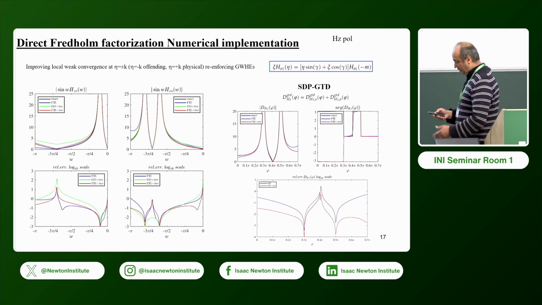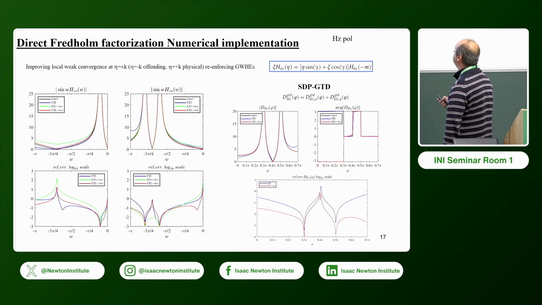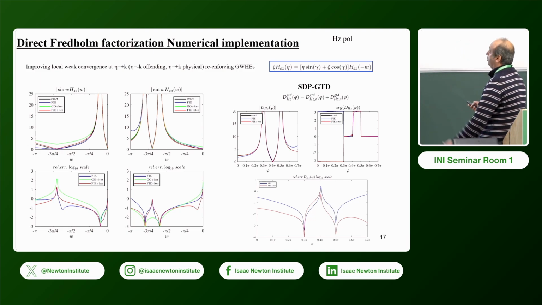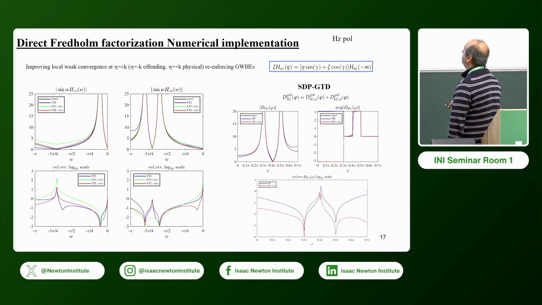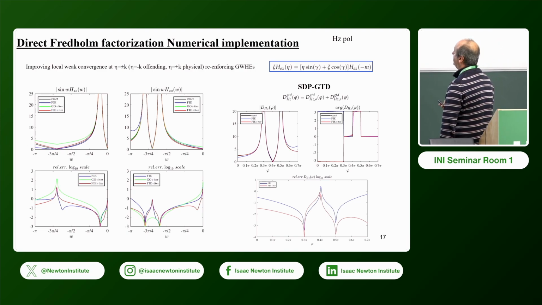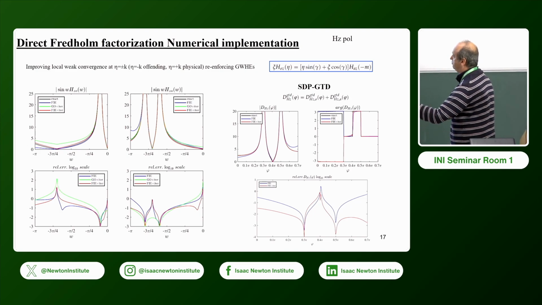So here we have improved the solution by reinforcing the generalized Wiener-Hopf equation. This is the kind of generalized Wiener-Hopf equation we have, and we have a duplicated equation also. And so we use the approximate spectra here, and we get an iterated spectra on the other side. And if we look at the spectra now, in particular, we multiply also by sin W for GTD reasons, you